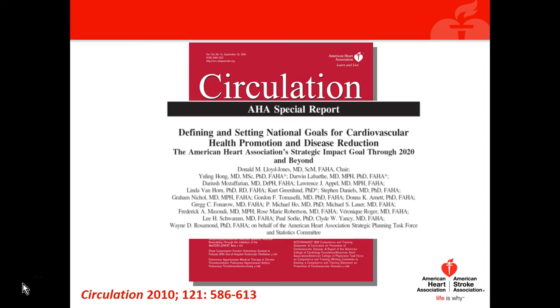They formally unveiled the metrics for cardiovascular health and mortality that they're using to monitor progress in this goal and other key details about how the new, bold 2020 strategic impact goal would be used by the organization. This paper was published in our premier journal, Circulation. We'll be providing a copy of this paper for you, and if you have any questions about the specific background information or the metrics, you'll be able to refer to them in this document.